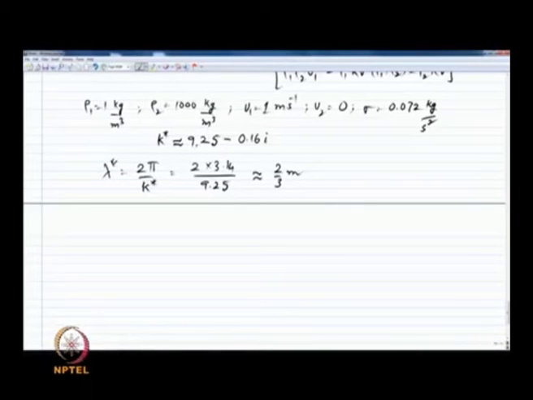Okay, so this particular wavelength is what is expected to have the maximum growth rate of all the wavelengths that are even unstable,